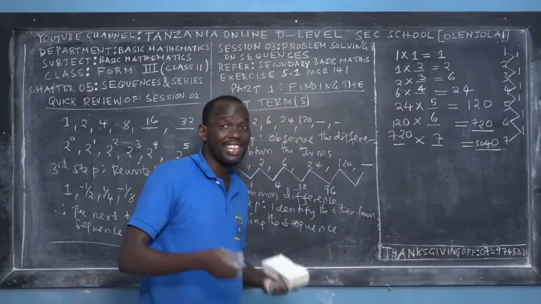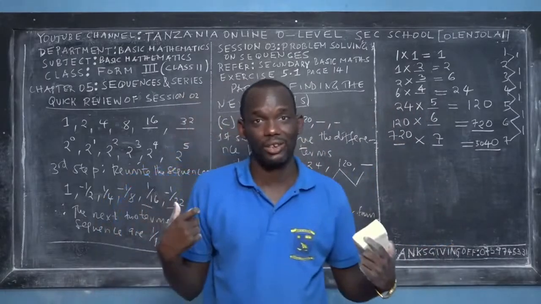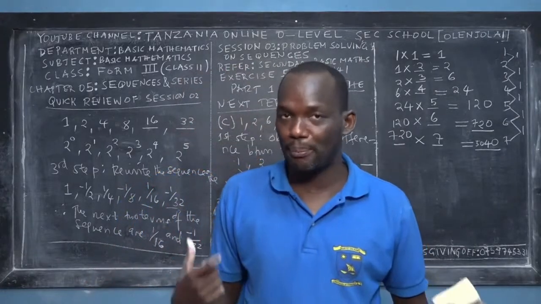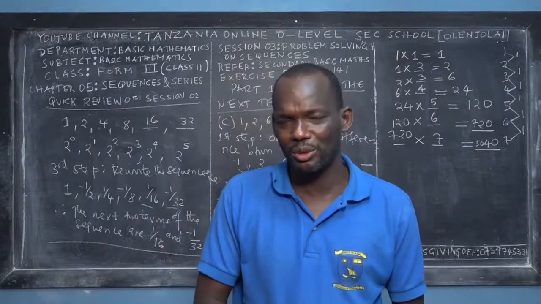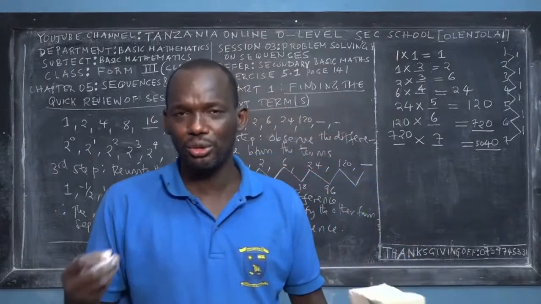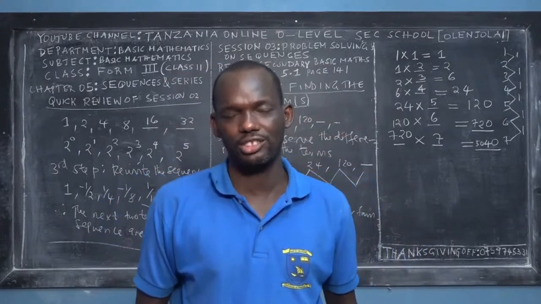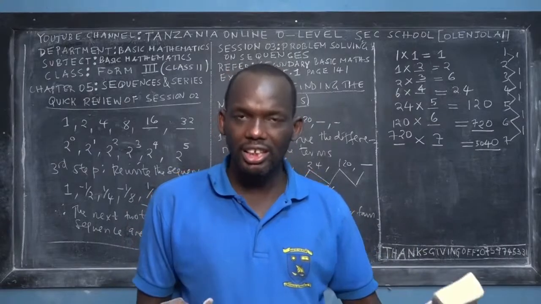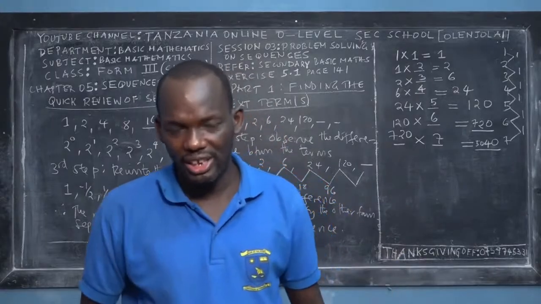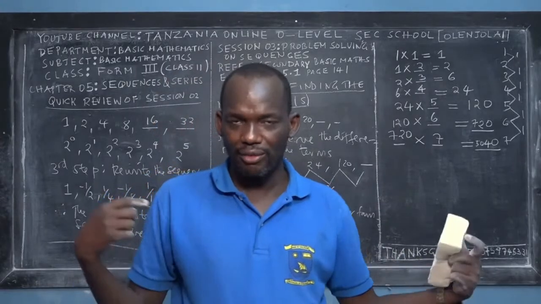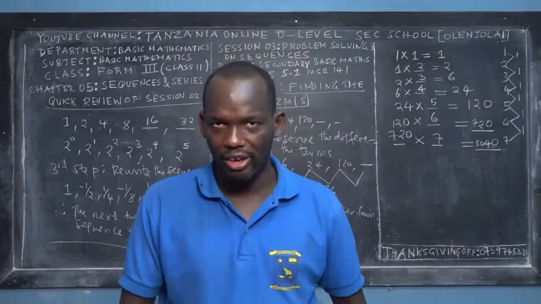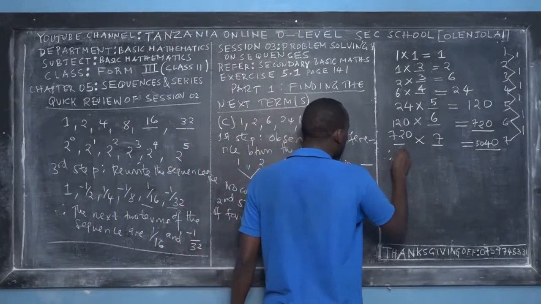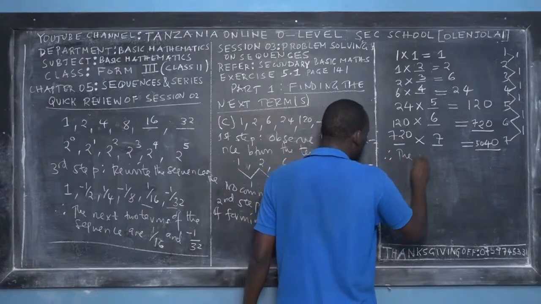You see? So the goodness of the sequence tests your level of thinking outside the box. Right? That's the goodness of this, because you have to think. And that's the beauty and that's the goal of learning mathematics, in order to teach you how you can think fast and how you can think around the problems that you've been given. Because even after you graduate, we're expecting you to solve real life problems, right? So if that's the case now, we conclude that we say that the next two terms